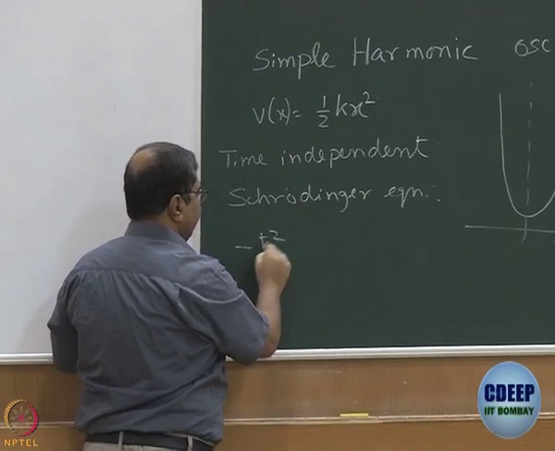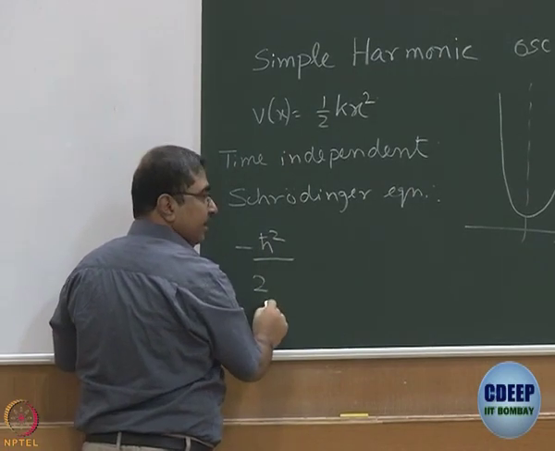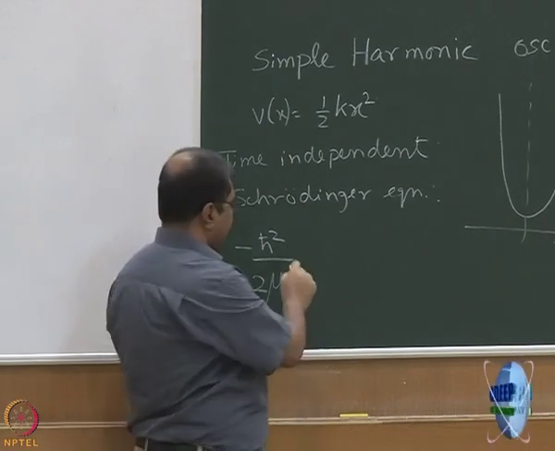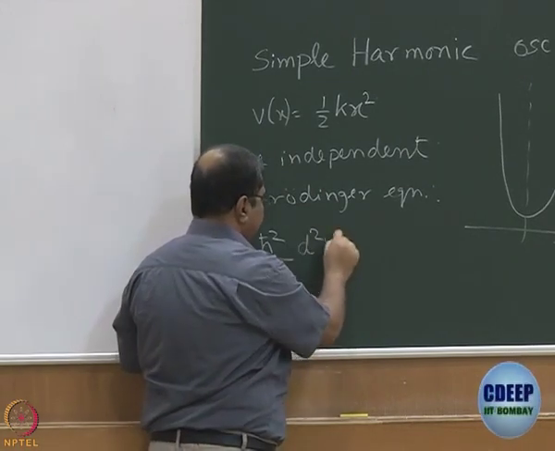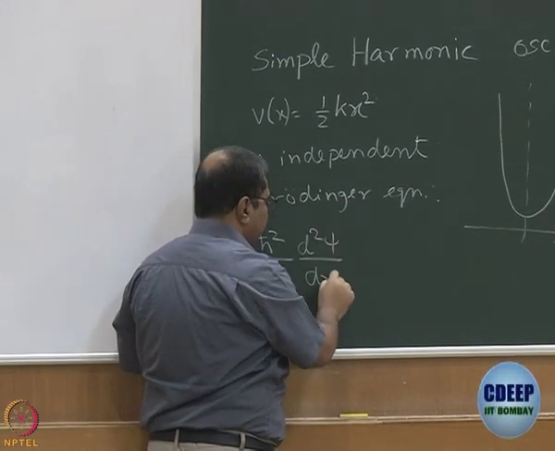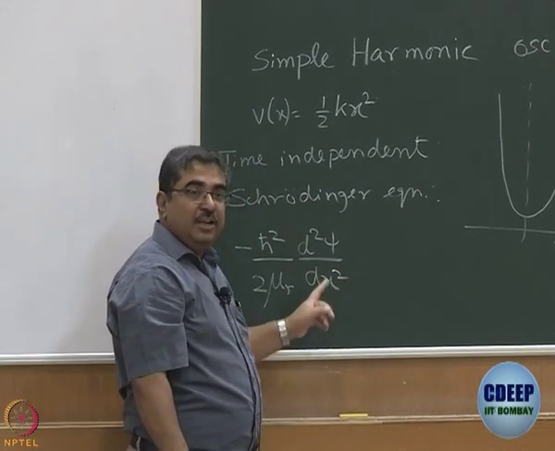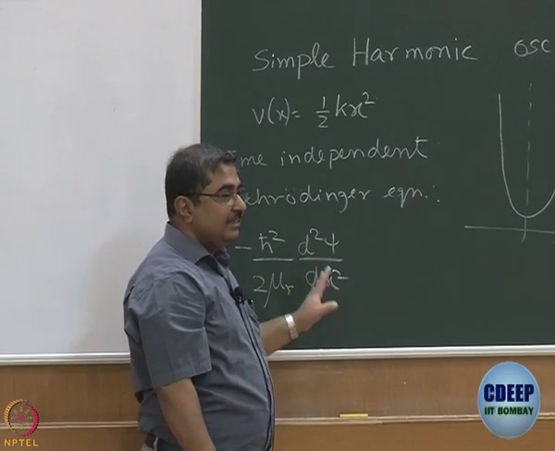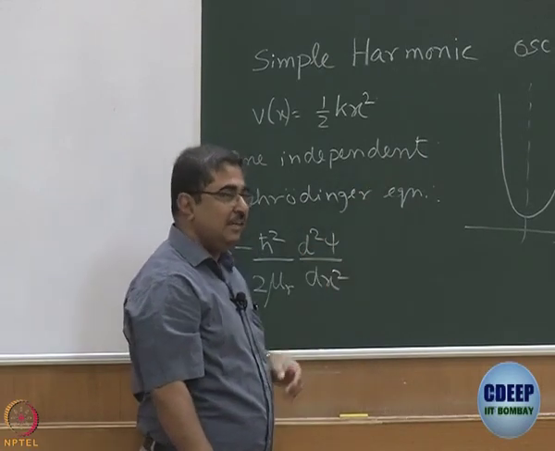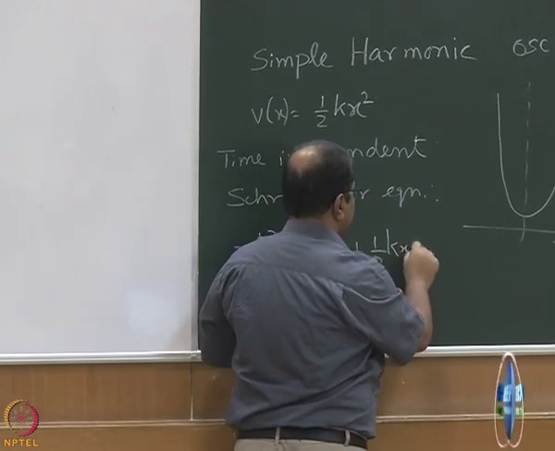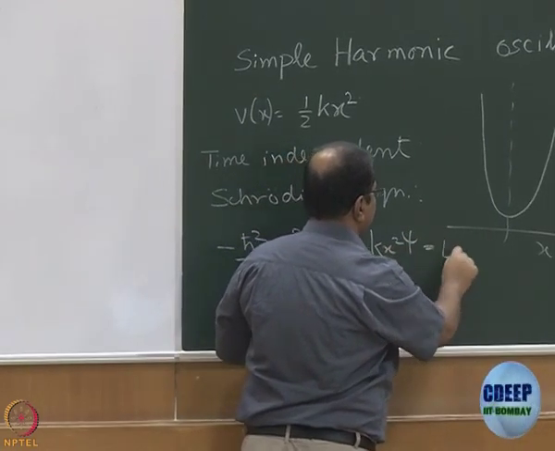Minus h cross square divided by 2 mu r, since I have written r, let me write r, d2 psi dx2, and once again it is important to remember x is not Cartesian x, it is displacement from mean position here, plus half k x square psi equal to E psi,